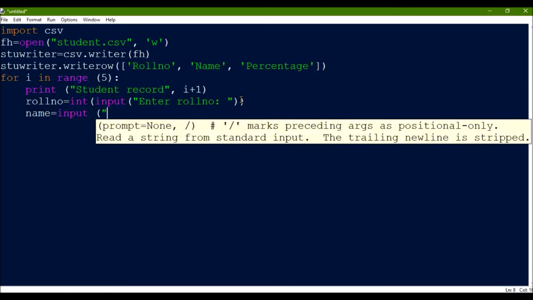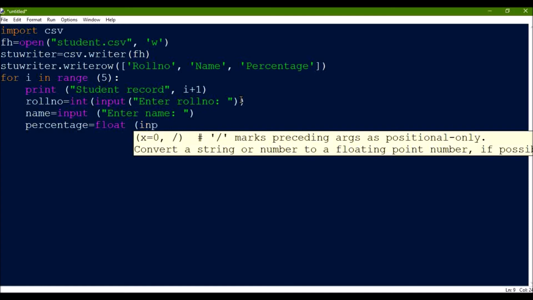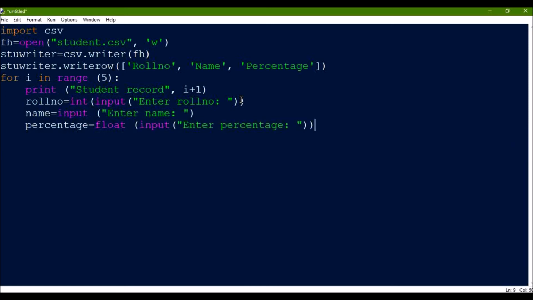Then I'll write input, and then enter name. Then I want the percentage, so I'll take a variable percentage, and suppose the percentage can be in decimals also, so I'll specify float over here, then input, and then I'll give a message like enter percentage, and then close the parentheses.